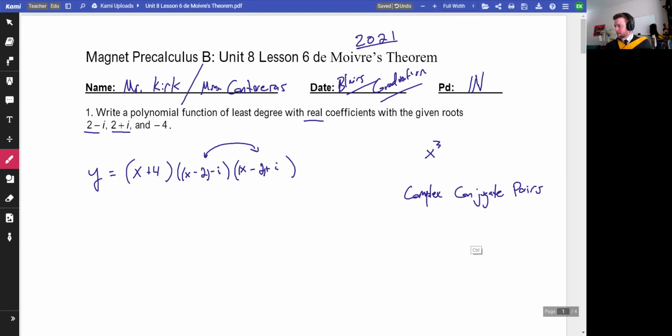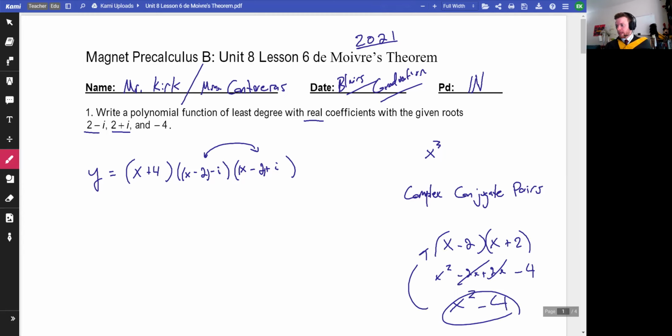Right, well, actually, let me bring that back. x minus 2 times x plus 2. If I distribute this, we get x squared, we get minus 4, but we get minus 2x and plus 2x, which cancel. We have a difference of squares here. It's going to be (x minus 2) squared minus (i) squared, which is -1. So that's going to be a plus 1, right?